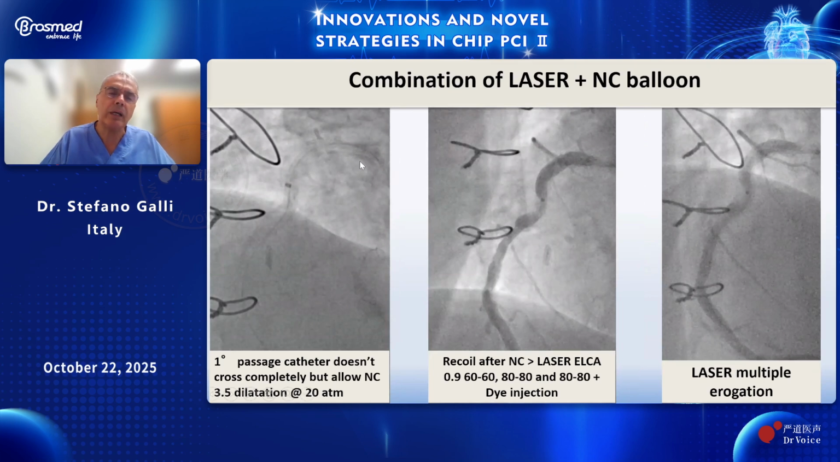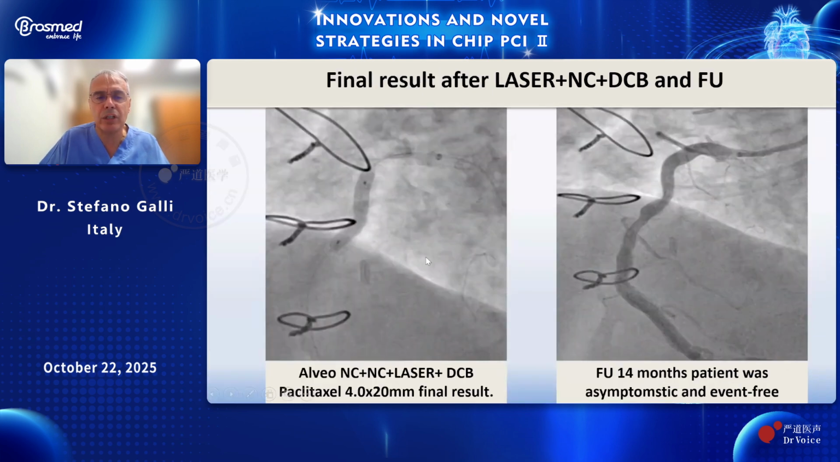And with the probing of the guidewire, we advance a laser 660, 8080, and 8080 pure dye injection. And after multiple irrigation, it is possible to cross with a DCB balloon and finish with Alveo, NC balloon, laser, and then NC balloon and DCB. And this is the result after